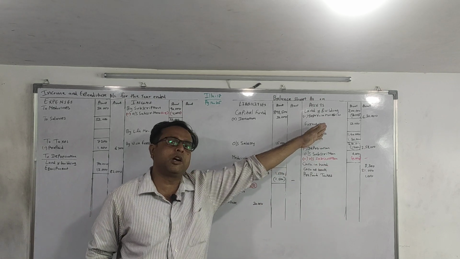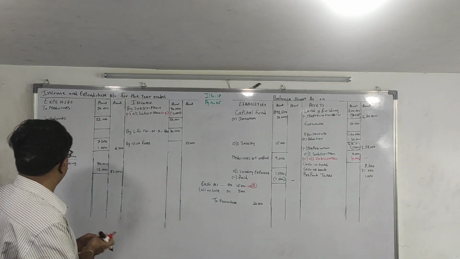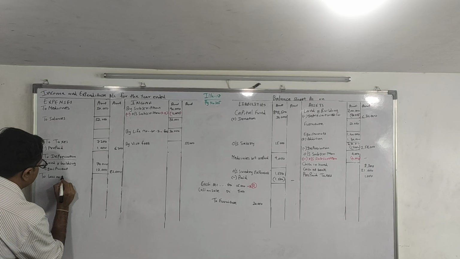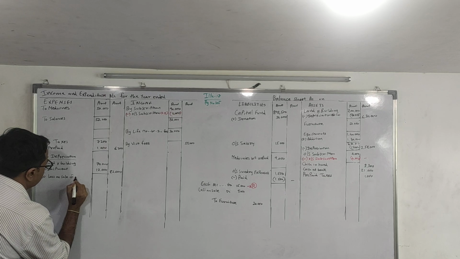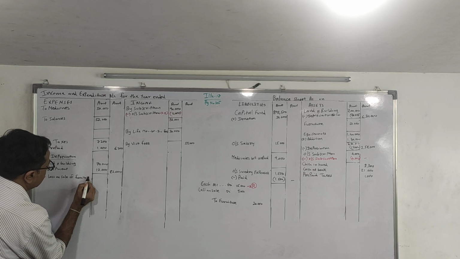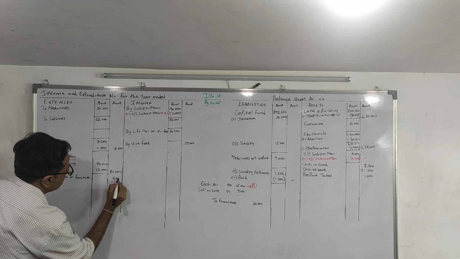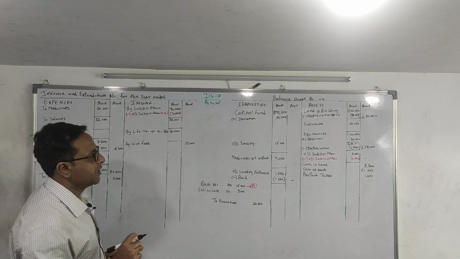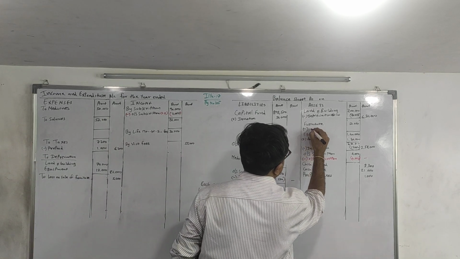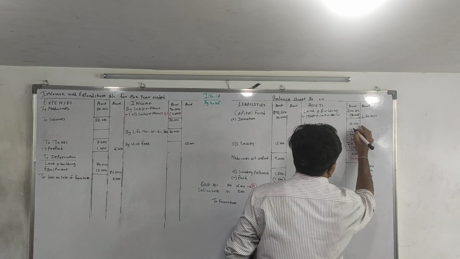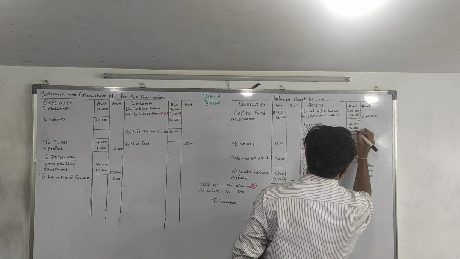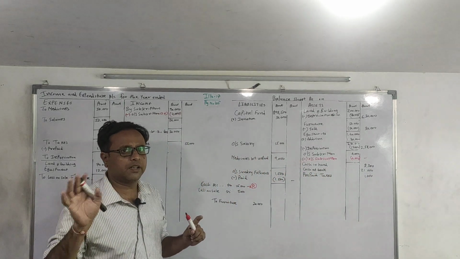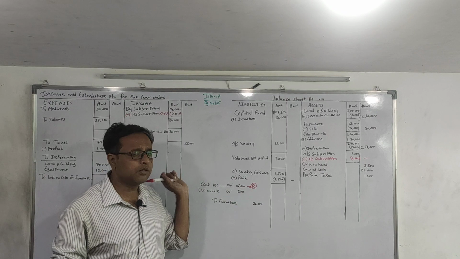Then we will reduce it from the asset. Loss on sale of furniture 5,000, and total furniture going out of my business of book value rupees 20,000, less sold 20,000. In outer column 30,000. Here the 15,000 is already in the question, so it does not require to be placed.